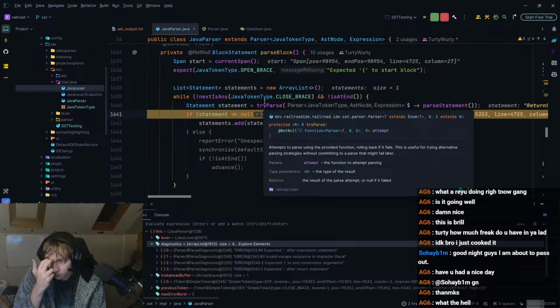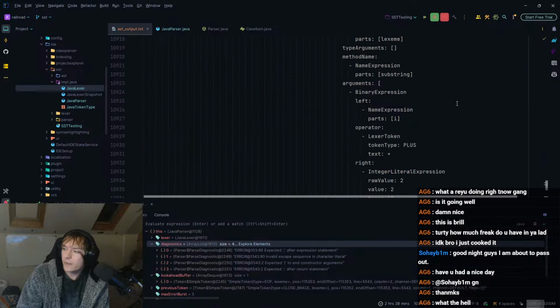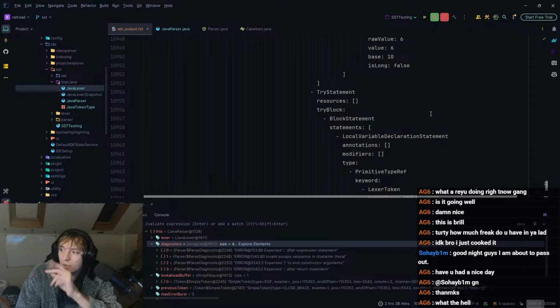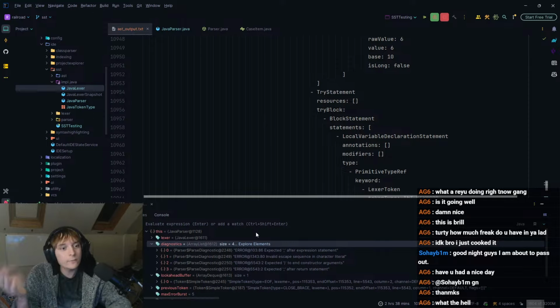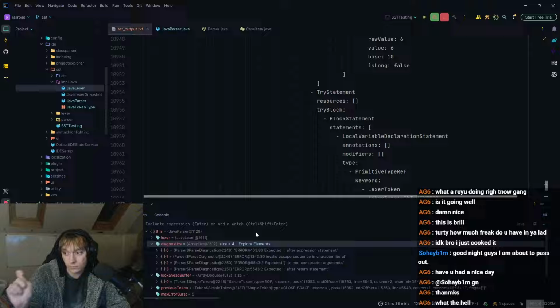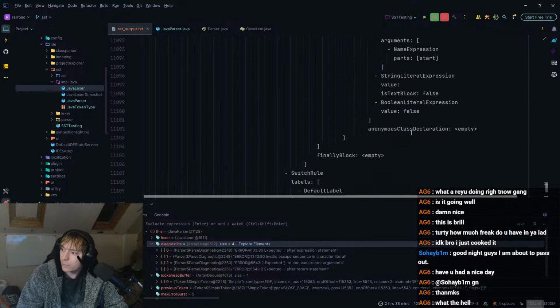Interesting. Very, very interesting. But that's weird. So somehow the return statement is consuming 10,000 characters. That singular return statement. No, not even 10,000 characters. 10,000 tokens. It's consuming the entire file. How? How is that possible?